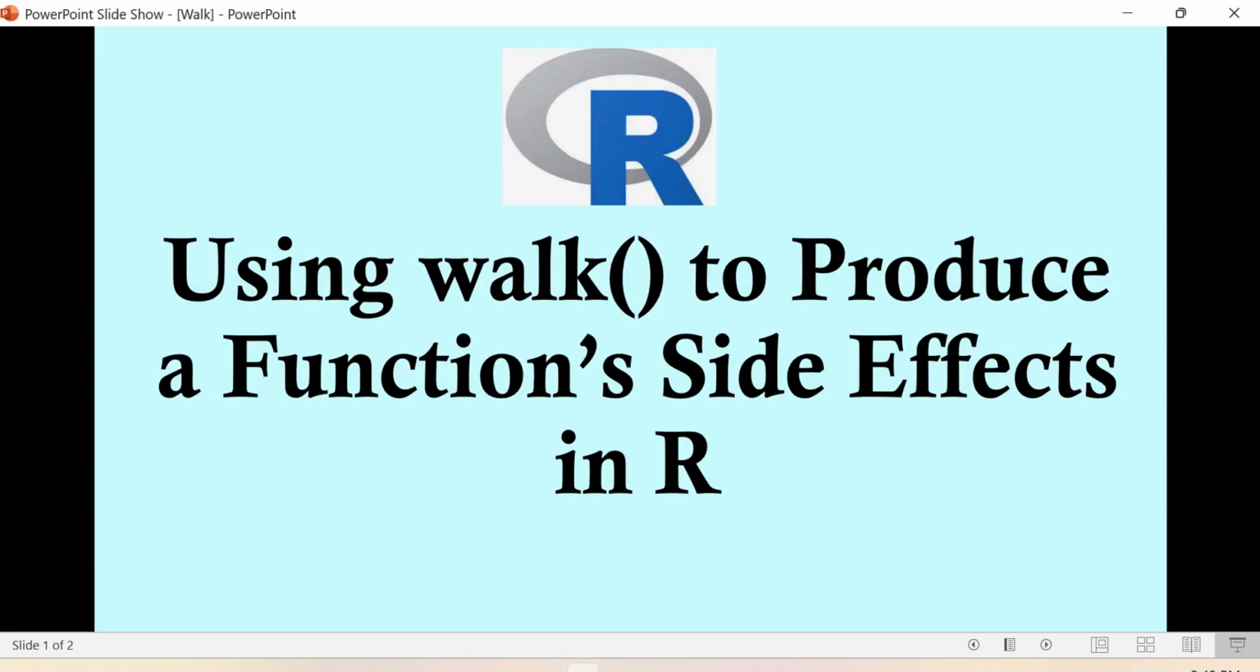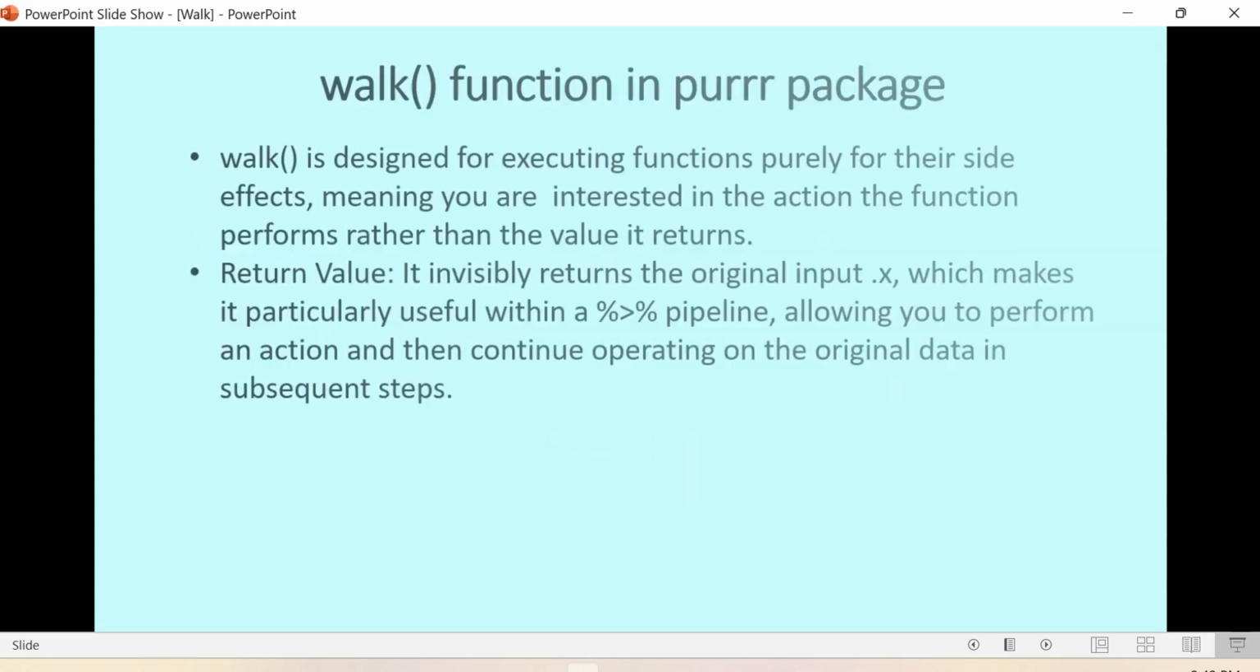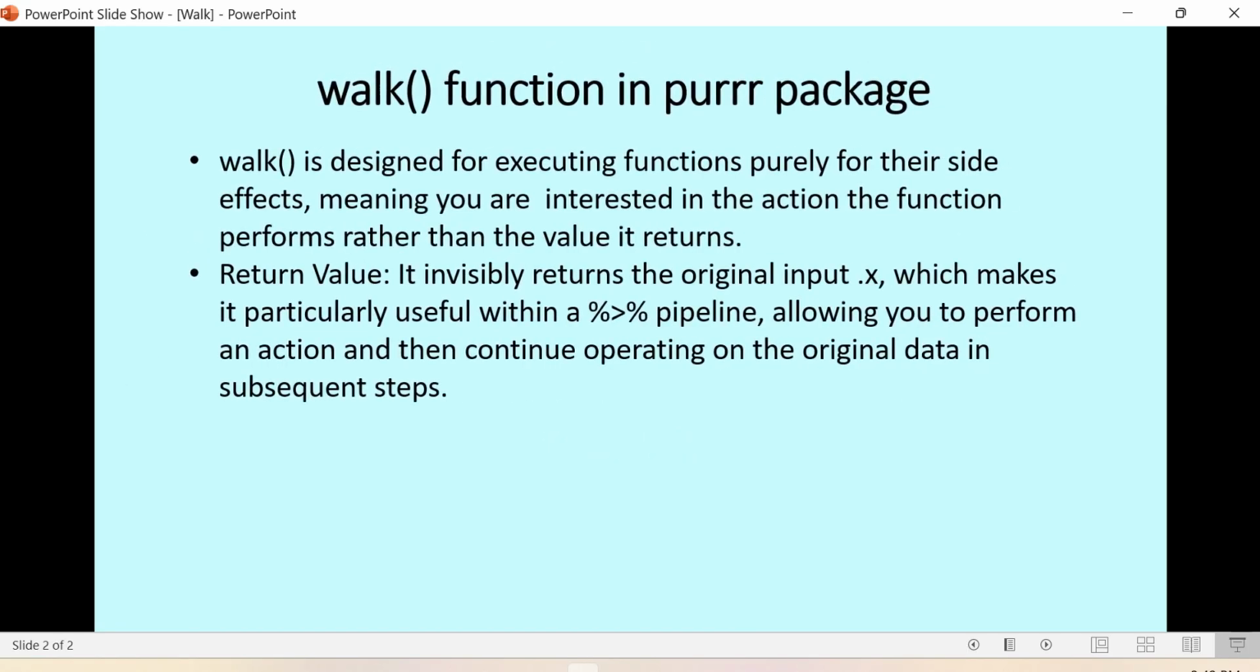Hello, in this video we'll talk about the walk function from the purrr package in R. And walk is called to execute functions purely for their side effects. So what does this mean? This means that this function only does some operations but does not return a value other than